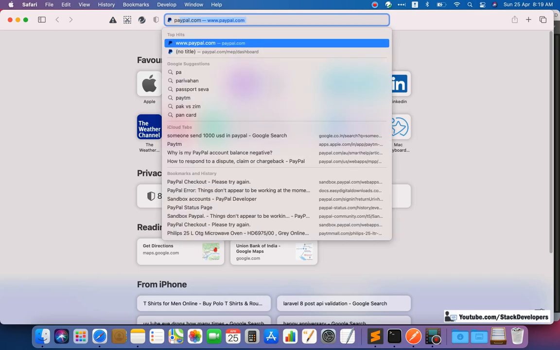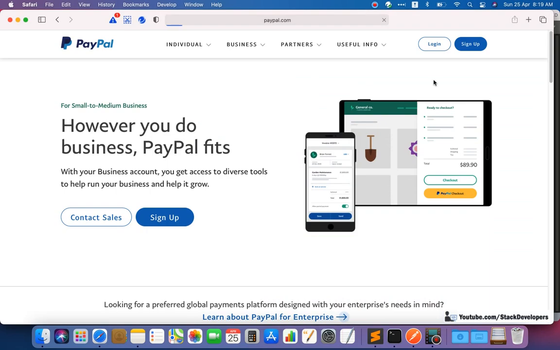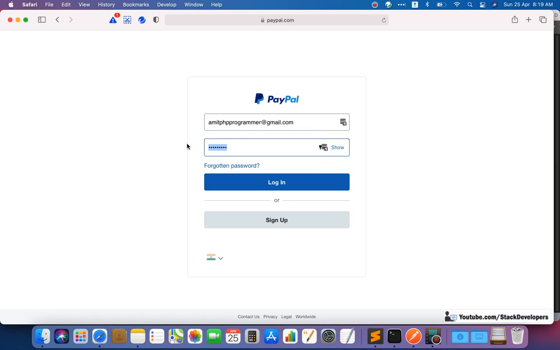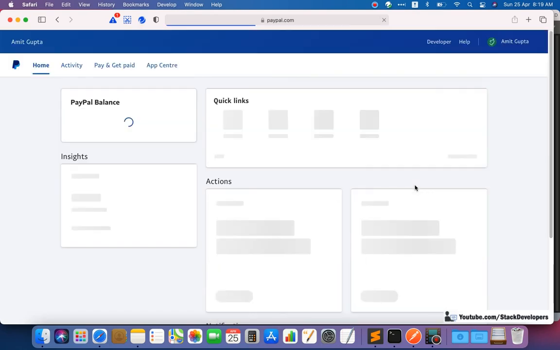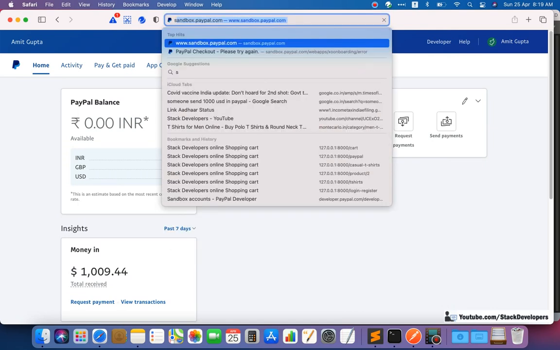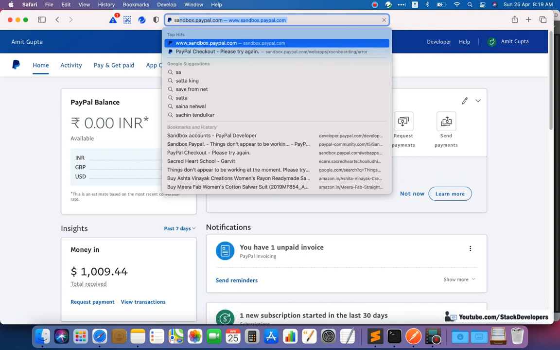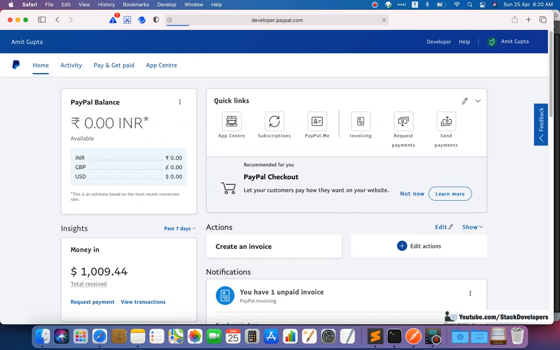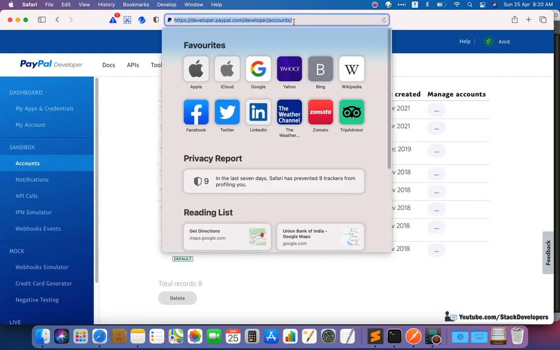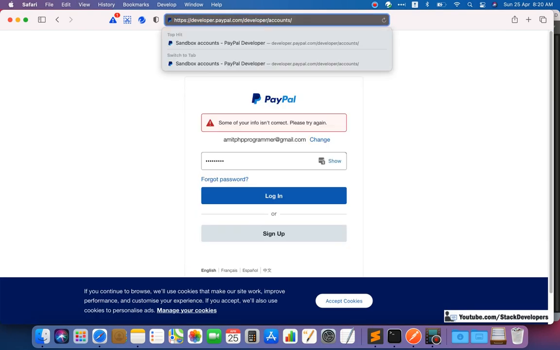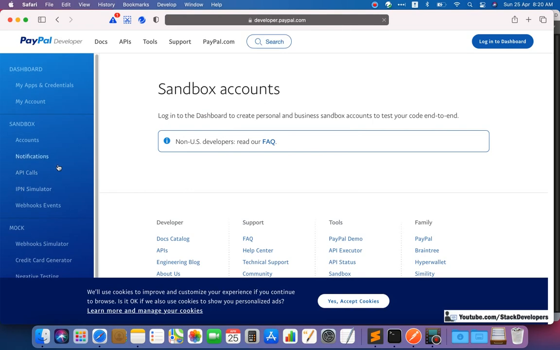Wait, I'm going to log in here, paypal.com, login. Okay, okay, so here once again I will open sandbox PayPal, sandbox accounts. Okay, so I am opening, these are the sandbox accounts. Okay, so this one I will also try there, otherwise we can use. So it's